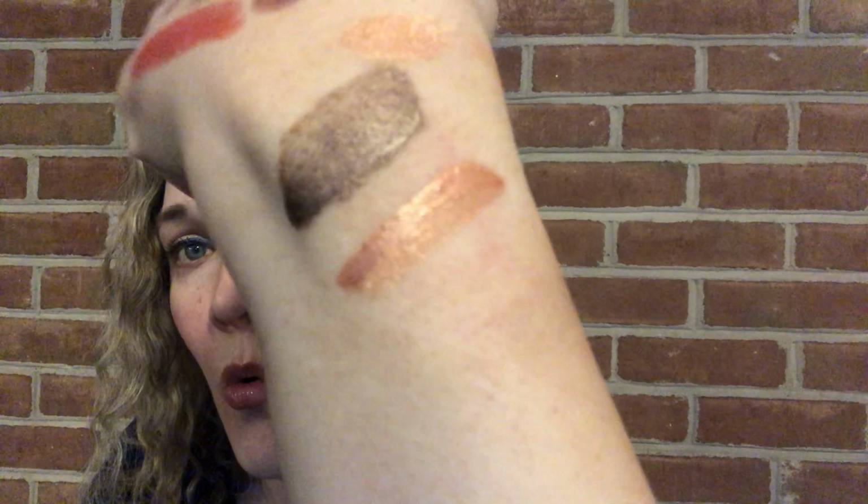And I put this on, and I put a little bit of the Natasha Denona highlighter palette. I didn't have a corally kind of eyeshadow, so I just put some of that color from that blush palette on the top of my eye on top of this, and it went so well together. So if you don't want to buy that palette for that peachy shade, if you have the Natasha Denona palette, you can use that. And then the last color I got,